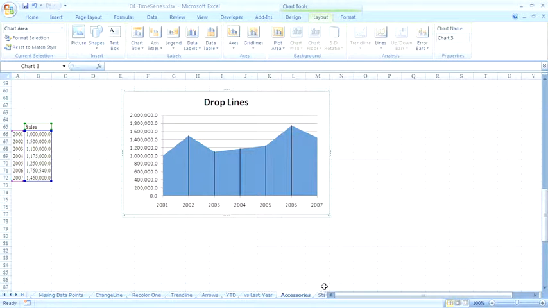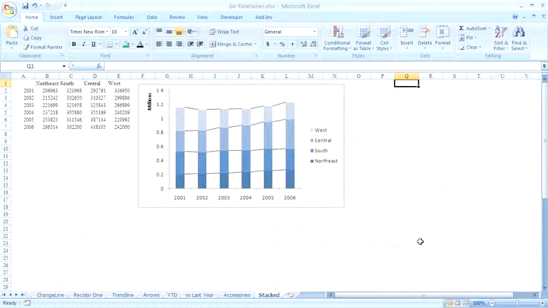Now, the last example, the last worksheet, is just something to look at. This is a stacked column chart with 4 different series. Stacked column charts are very, very difficult for the eye to follow. It's easy to watch the bottom series. We can see that Northeast is increasing. And it's somewhat possible to watch the top series to see how West is changing. But for any series in the middle, Central and South, it's almost impossible for your reader to understand what's going